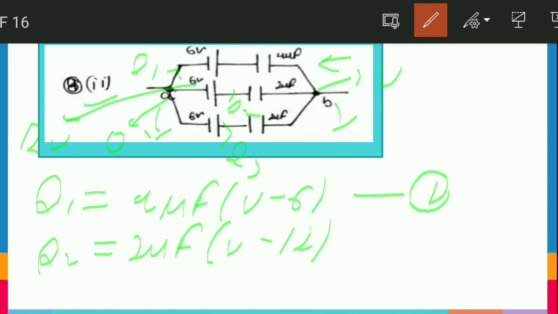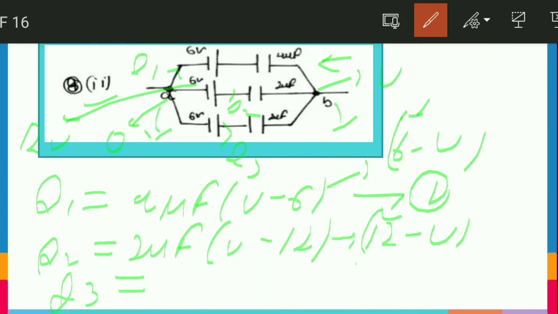So again, what can we write, friends? Actually, I have made one mistake. It will be 12 minus V, and it will be 6 minus V, because we have to see the direction of flow of current. It flows from higher potential to lower potential, and in this case these are higher potential. Now what can we write, Q3 equals how much? It is 1 microfarad, friends. 1 microfarad and 6, and this was our 24. Actually I have made so many mistakes in this. It will be equal to 24 minus V.